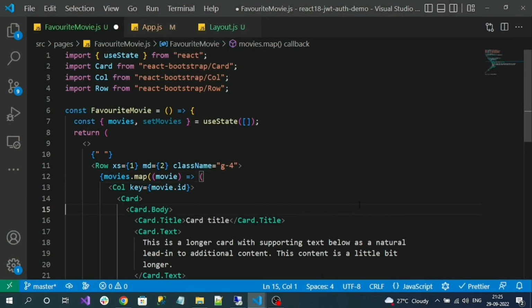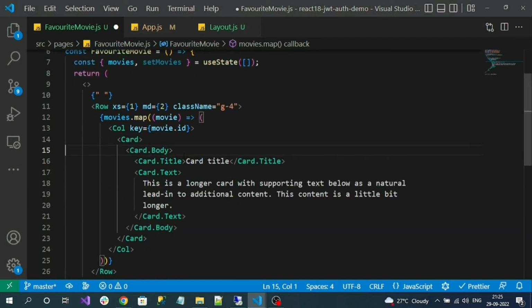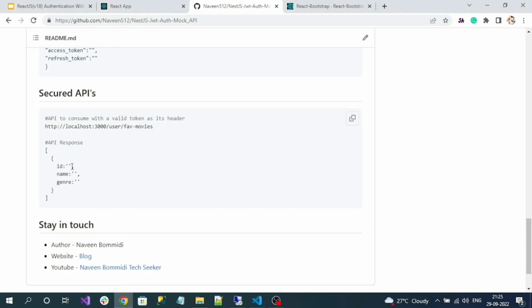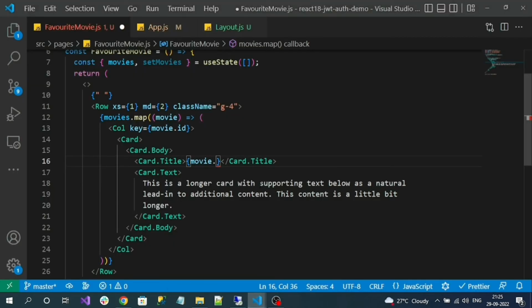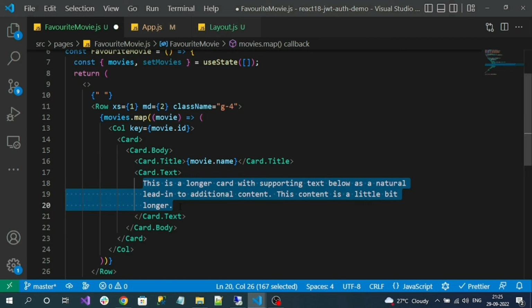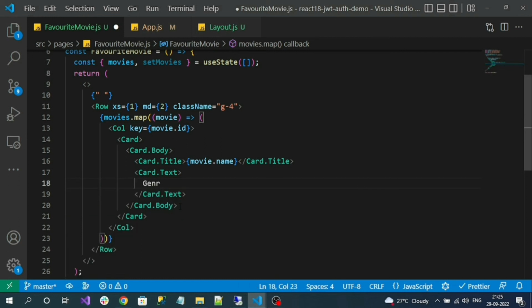There is no image, so remove the tag, and here for title, movie dot name. In the description, movie dot